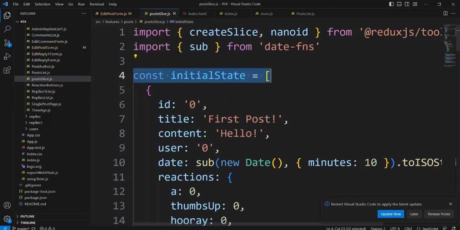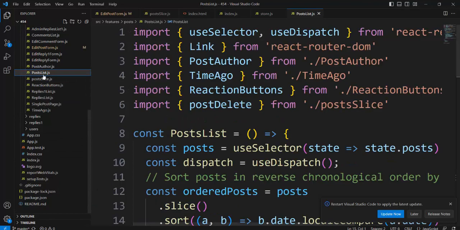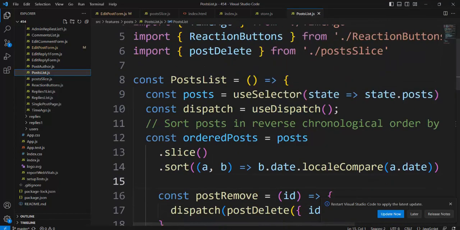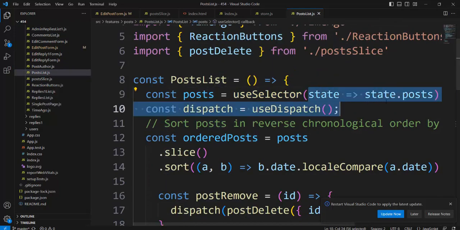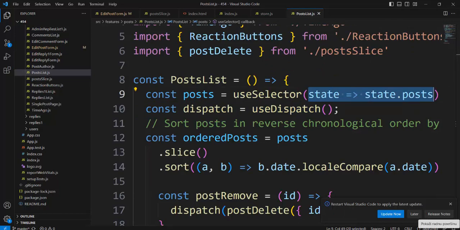In post slice, we look at initial state. When we open posts list.js, this post list.js, we will see, look at use selector, takes from initial state, and we will see two posts. And again, we must have initial state, initial first rendering, and after first rendering,